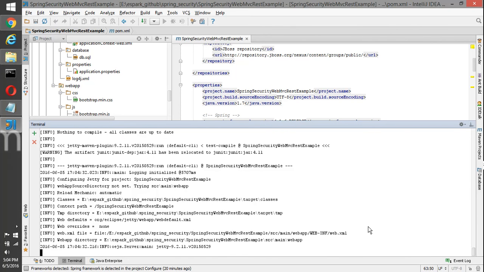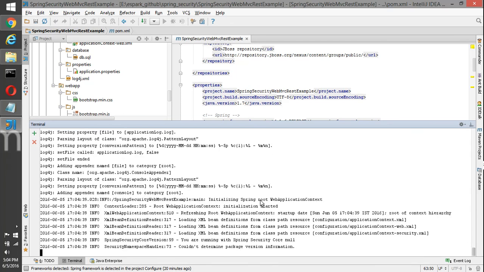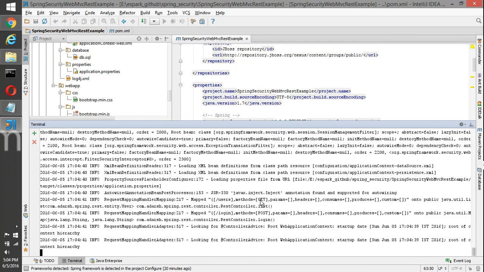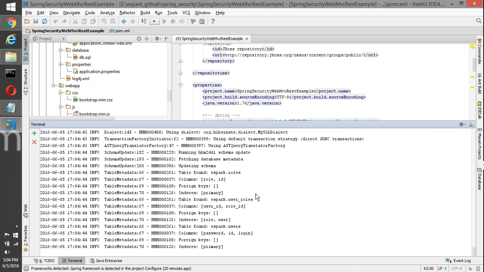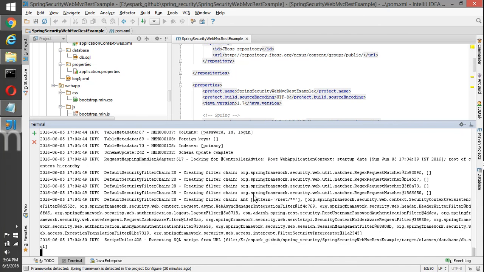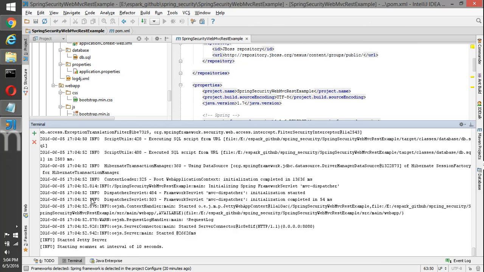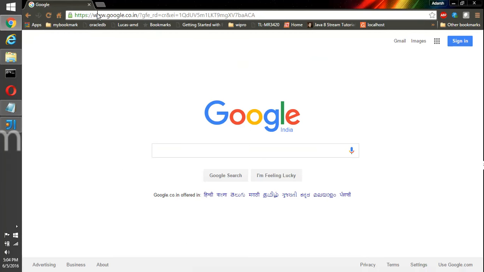I need to check what the version change is in between, and there may be compatibility issues with other APIs. I'll see, and if required I'll update and then push this code to GitHub. But as of now, after this video, I'm going to push the same code with the older version, which is 4.0.0. So here the container started on port number 8080, and let's see how it looks.